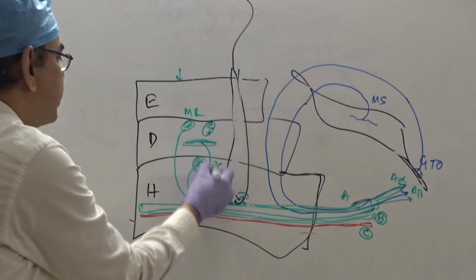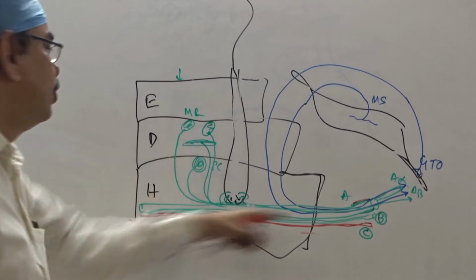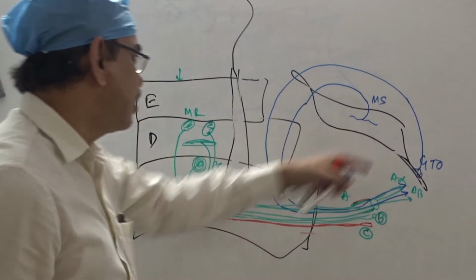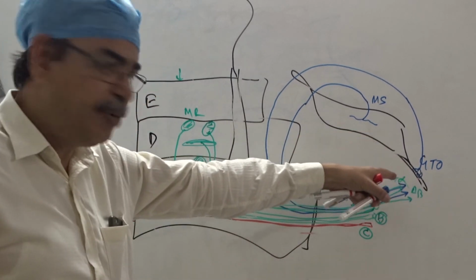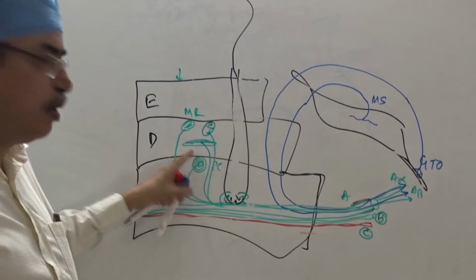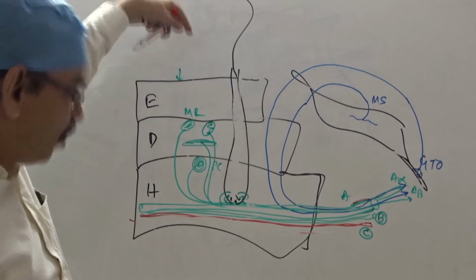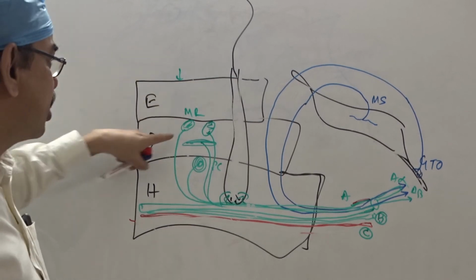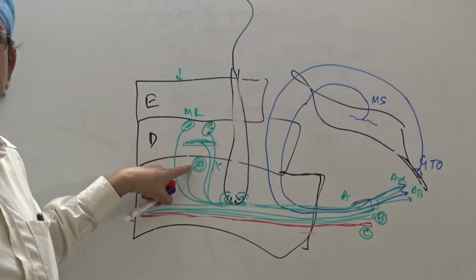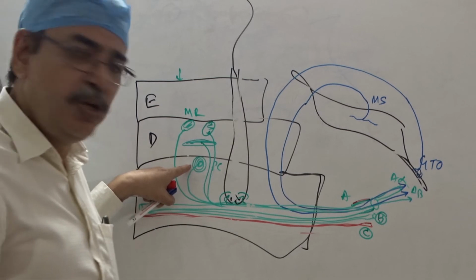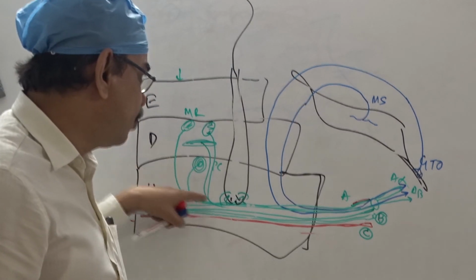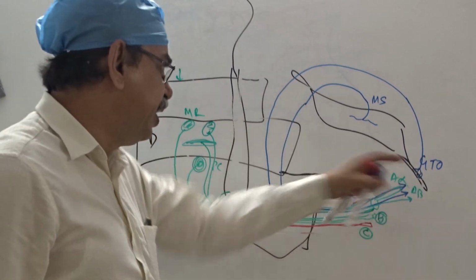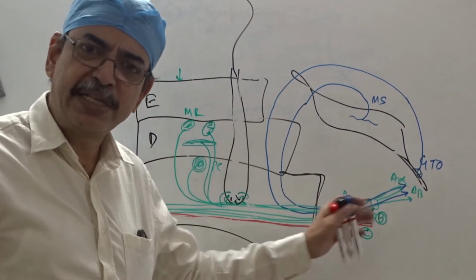So all these receptors convey the stretching of the muscles, stretching of the ligament, stretching of the skin, fine touch, pressure, the low intensity or low frequency vibration, or the high intensity, high frequency vibration. All these are propagated through these A nerve fibers. This B is for autonomic. We are not discussing it now.